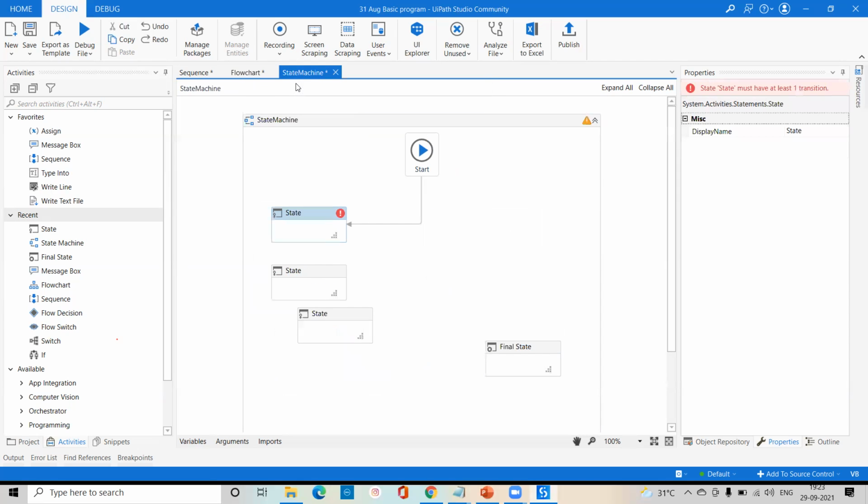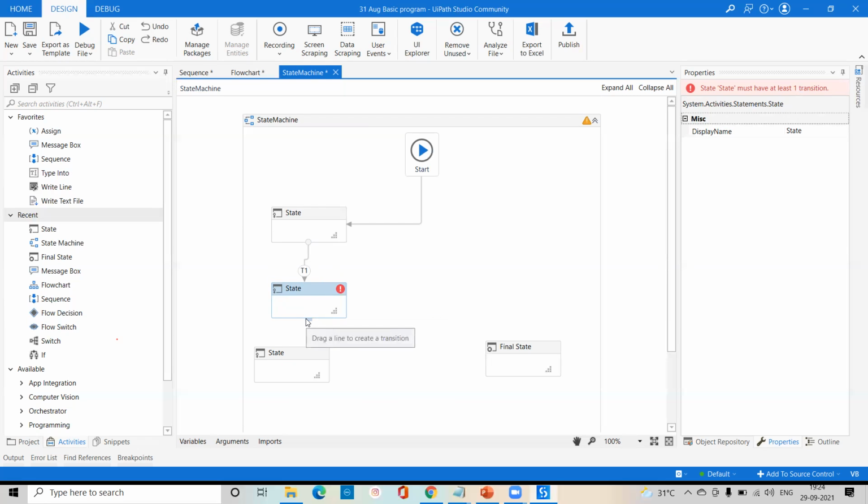But the same thing, if you come to the state machine, here you can see we don't have anything, property editing not available. But if you connect this state to another state, we can see we are getting this part, and here we have connected state to state. Right now if you click here, this is called a transition. Whenever you have connected this part, here you can provide the name. By default I can show you, this is called T1. T1 means the name is called transition in your state machine.